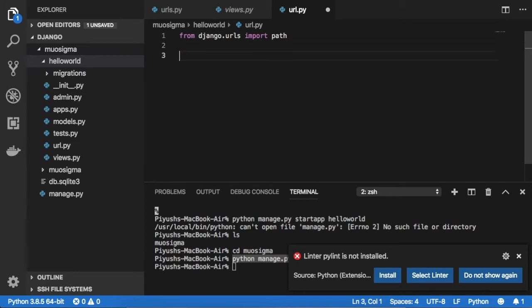Okay, so after this we need to import all views. Then you need to say urlpatterns, and just like this, inside this we need to say the path, and on this specific path we need to call the view.